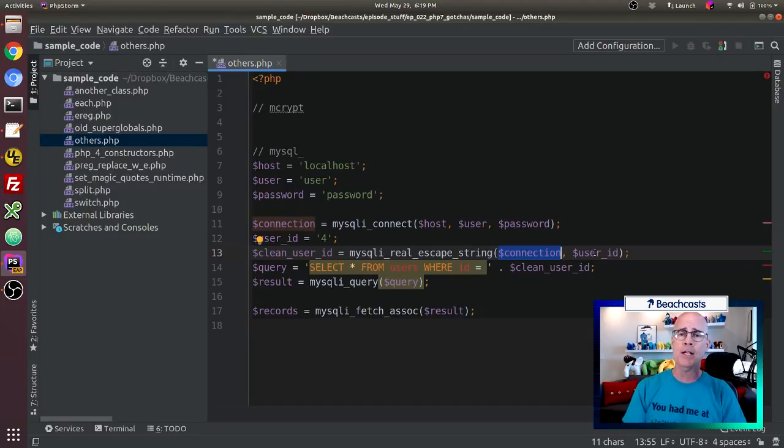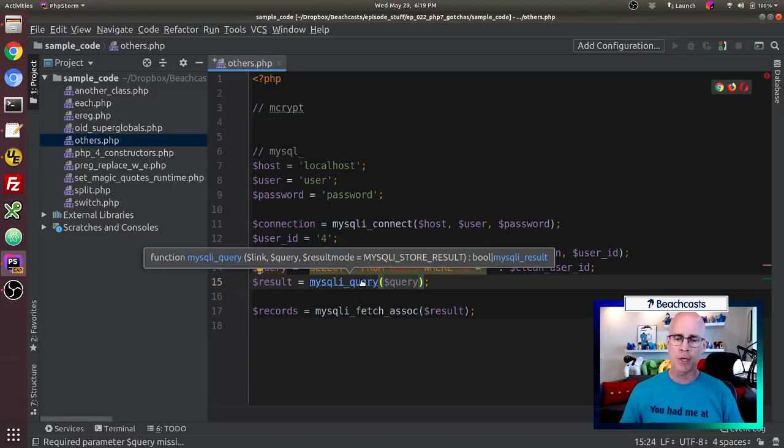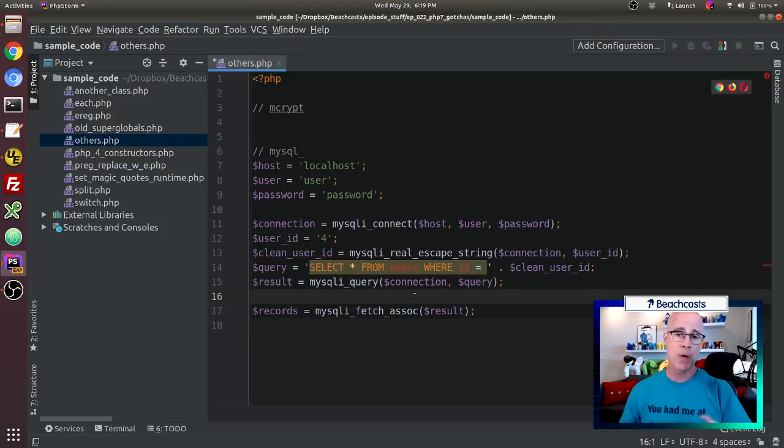and pass the data and say, okay, how should I escape this? And then MySQL will answer back through the extension and give back the data. And the same thing with MySQLi query. We have to do the same thing. It requires the first argument to be the link or the connection to the database, and then the query, of course, goes after that. So I need to add in the connection there as well, and now the MySQLi